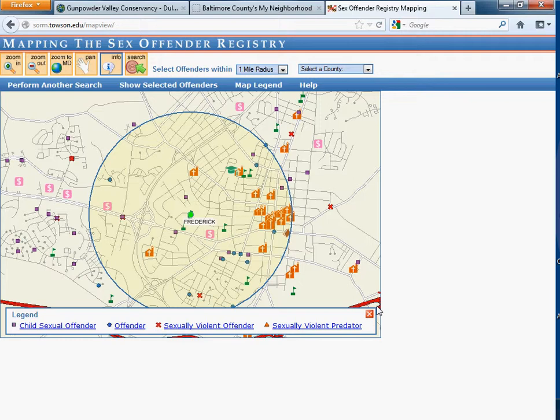The point here is not to shock anyone and say, oh my goodness, the sex offender registry and this is on a web map. It's more, we're doing spatial analysis. We're asking a geographic question using the technology. So I encourage you guys to come into this application. Again, the link is out there in the PDF, and try your own address, try your own neighborhood, and take a look around. It's the very beginning of you using these technologies to start asking geographic questions,